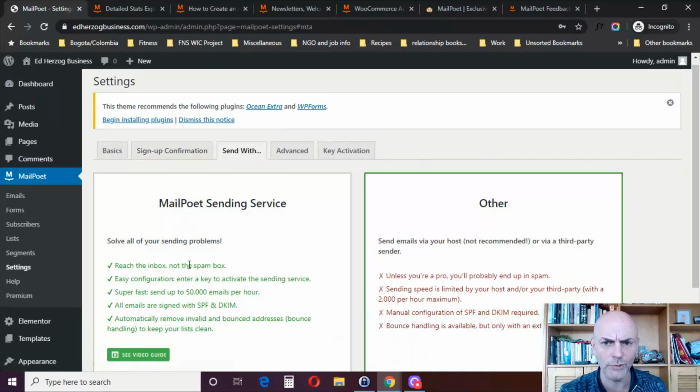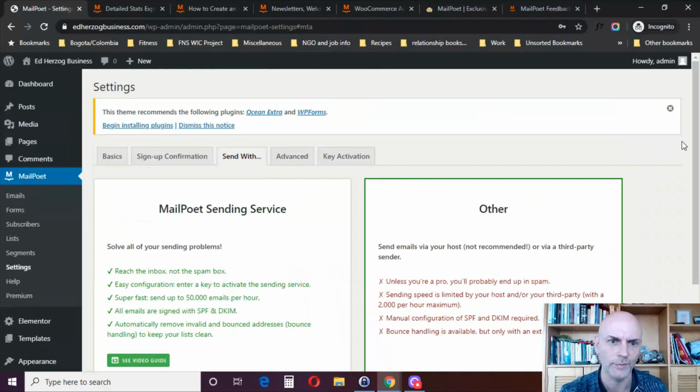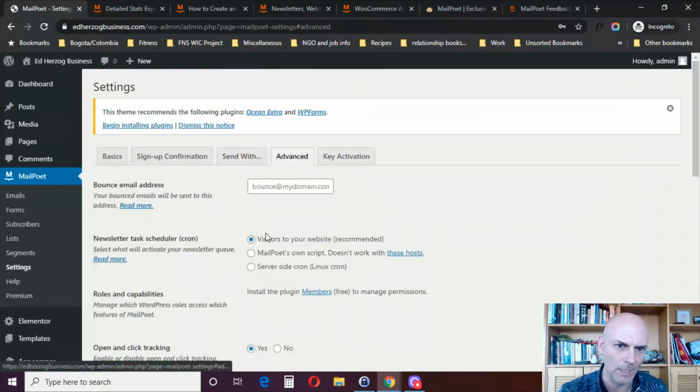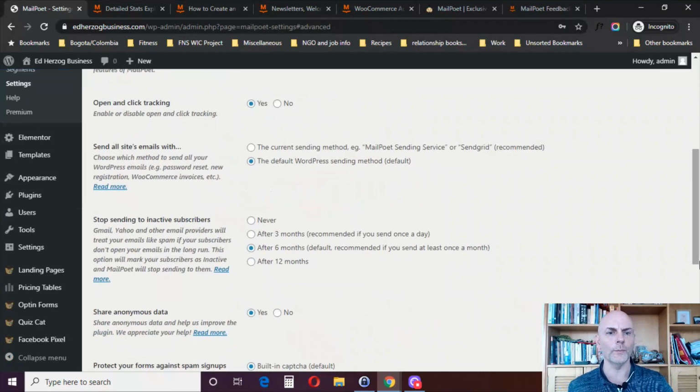Here again, you can either use the MailPoet sending service, or you can set up a third-party service if you want to do that. And then they've got some things here for bouncing emails, roles and capabilities, open and click tracking, etc. Now you do also, with the premium